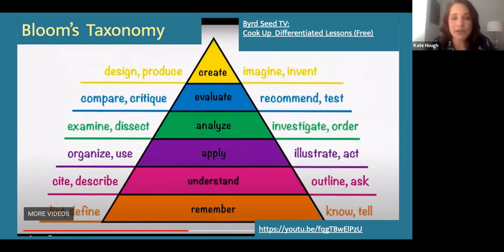One thing that I did want to point out is in our gifted learning lessons, we are typically looking at the top end of this pyramid, the analyze, evaluate, create. But there are times for gifted learners that they are working at that understand and remember. And a great example of this would be, I taught Murder on the Orient Express this year to 7th graders. And that's an Agatha Christie novel that really stretched their reading level. The book has many characters, and we actually had to do a little bit closer reading together,